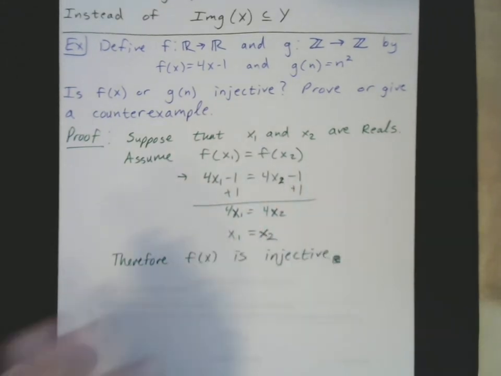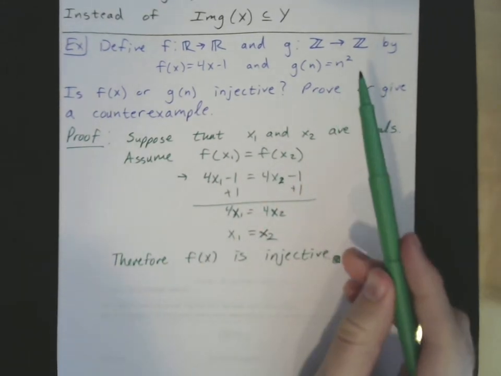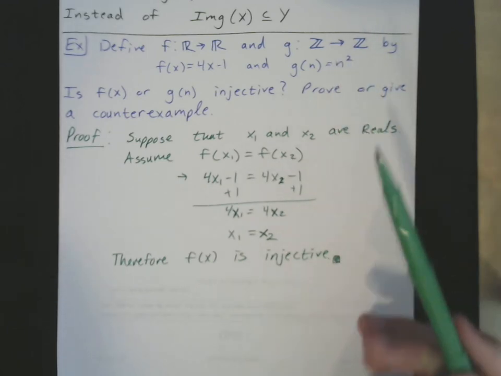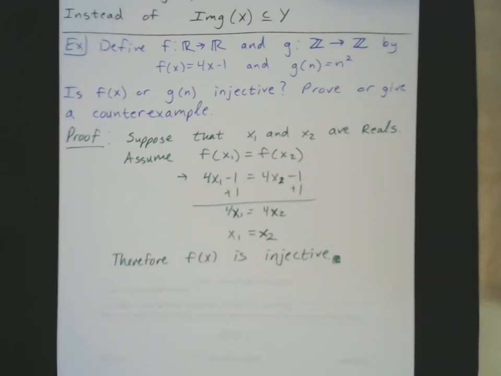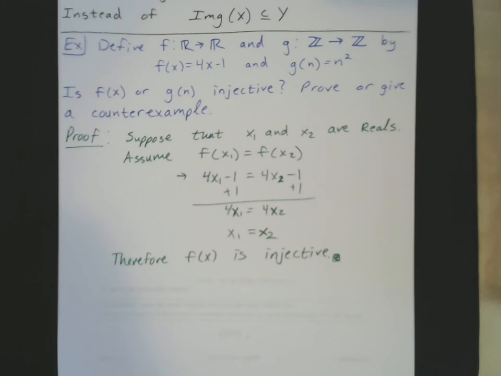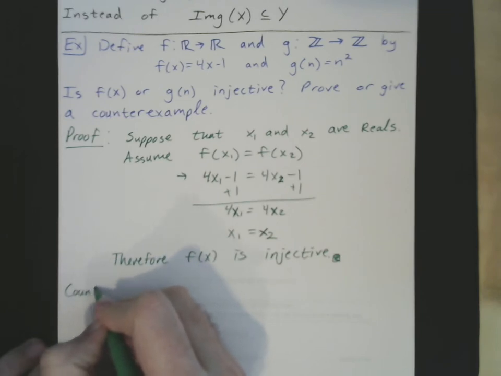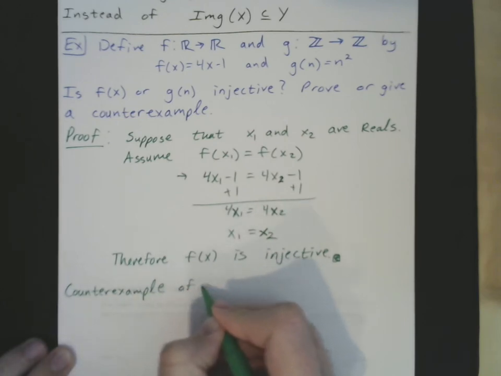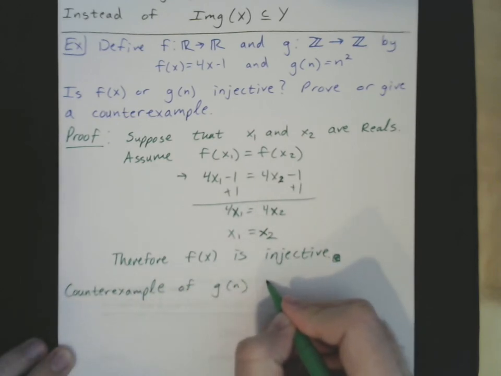Now, for g, this is the quadratic. You can think of it just like x squared. We know the quadratic itself is not one-to-one. It would fail that horizontal line test. So our counterexample, since we're limited to integers, needs to come up with two integers that have the same function value. That's easy enough since it's the quadratic. So our counterexample of g of n not being injective